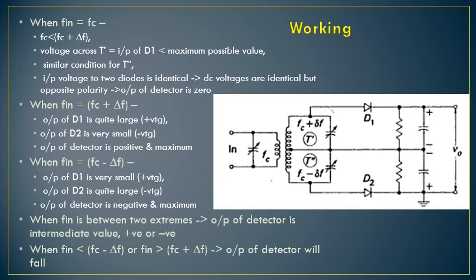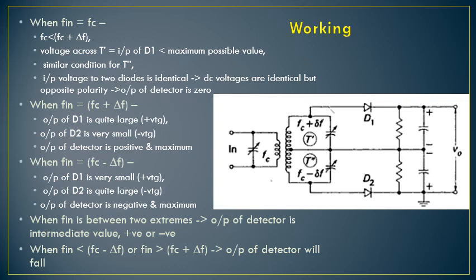Balance slope detector, if it is not amplitude limited, because there may be some noise introduced in FM signal, that noise also gets added in the signals which will be generated here. So we know that at the output of the tuned circuit we will generate AM signal, here also and here also we will generate AM signal. So this noise voltage which has been introduced will also be present here, or it will also be introduced in amplitude modulated signal also. So this is not desirable.